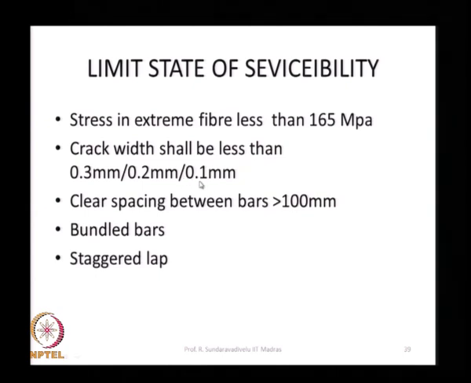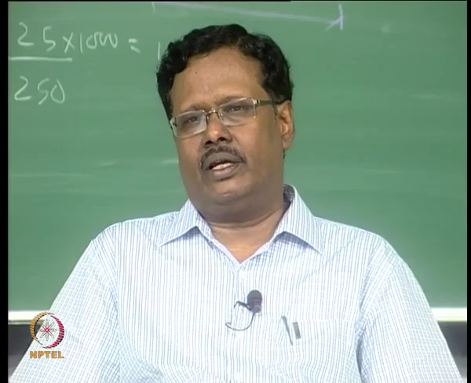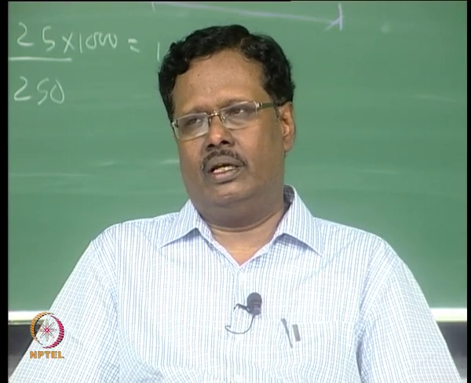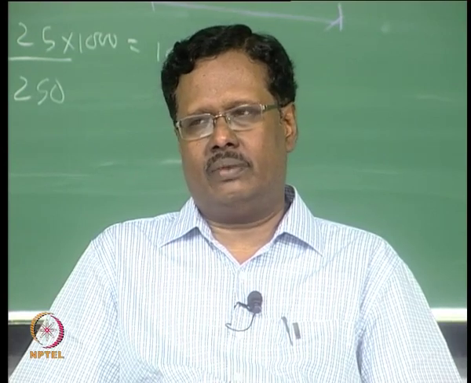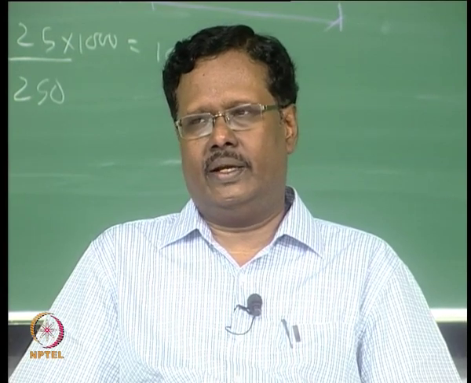So, there are 3 zones: splash, intermediate and submerged zone. Splash zone means where the water level goes up and down, where we restrict the crack width to 0.1 mm. Then concrete has to flow between the reinforcement bars. For that the spacing between the bars should be greater than 100 millimeter. What will be the size of the coarse aggregate? Concrete consists of 3 parts: coarse aggregate, fine aggregate, cement, then you add water. What is the size of the coarse aggregate?